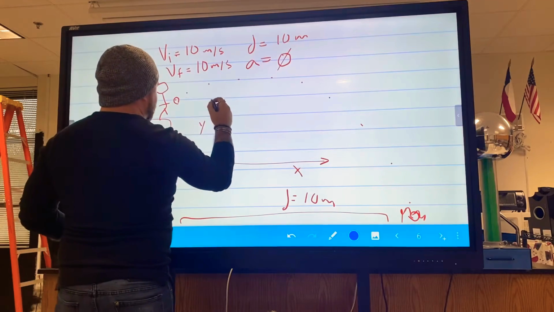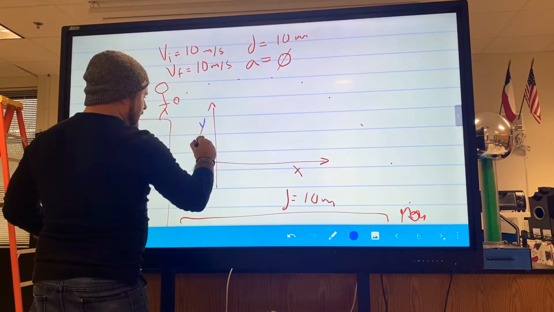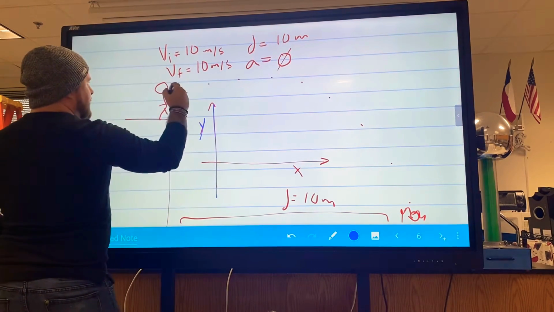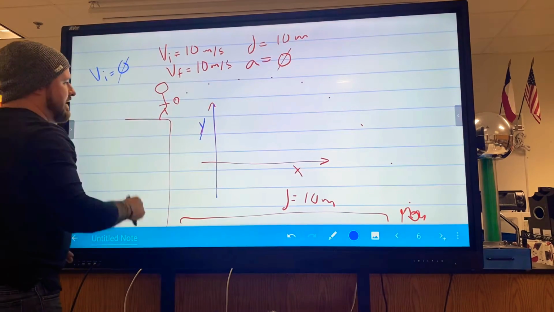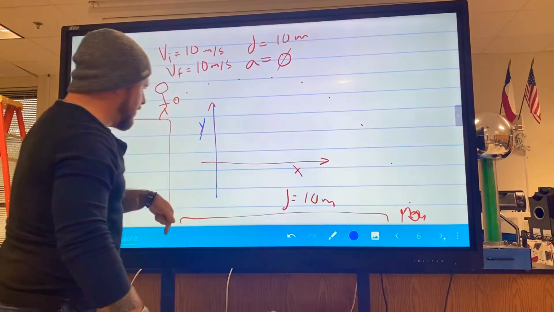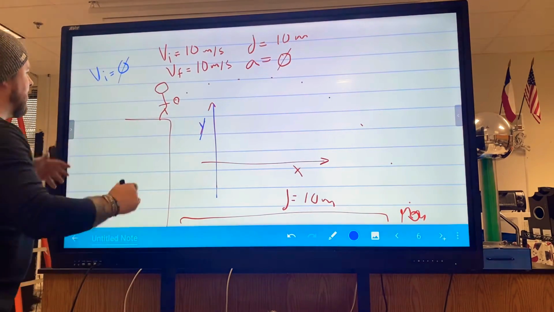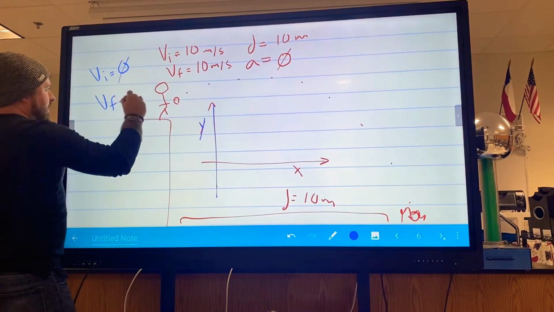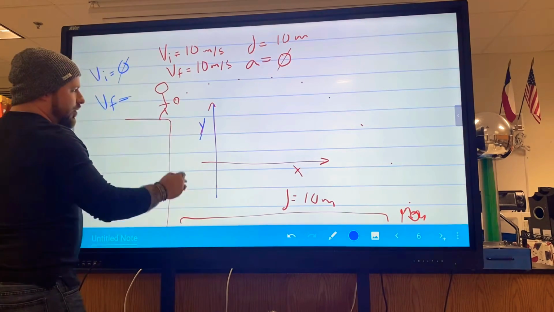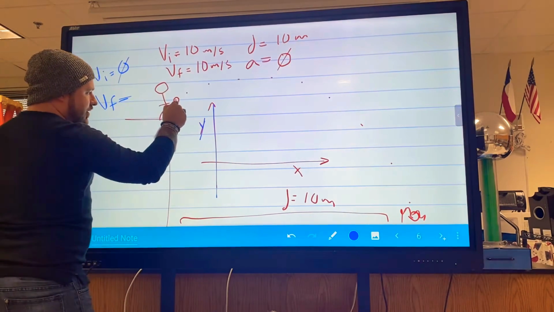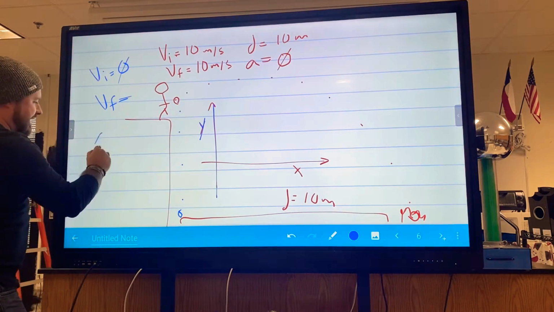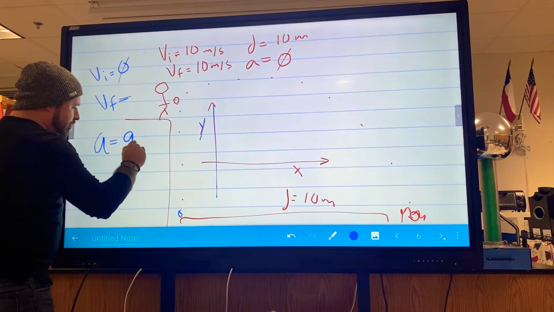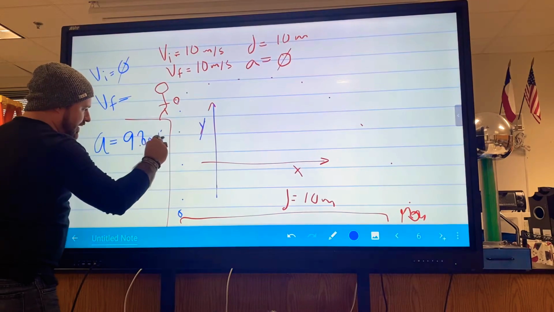And I'm going to write this in blue, so you can think about this as blue right here. The initial velocity is 0. It's not 10. It's going 10 that way, 0 that way, right? Now, what is the final velocity here once it hits the ground? You should know that it's going to start from 0, and then it's going to get faster, right? Because it's going to accelerate at 9.8 meters per second